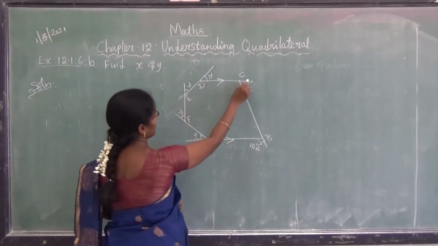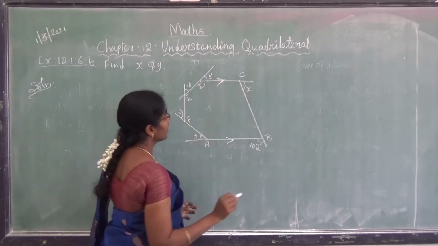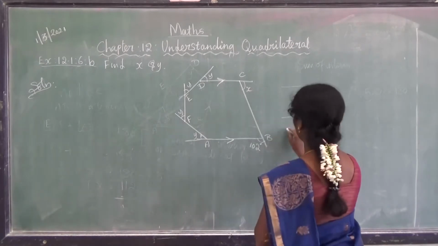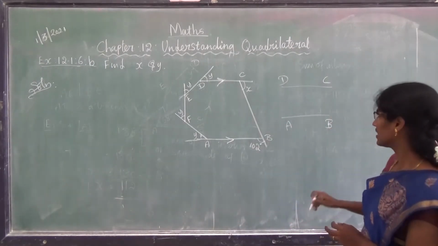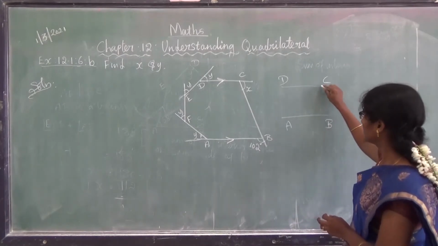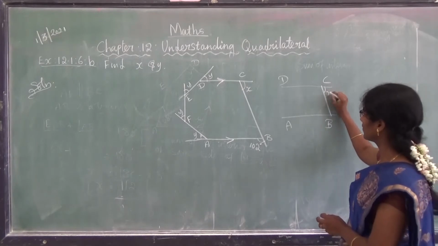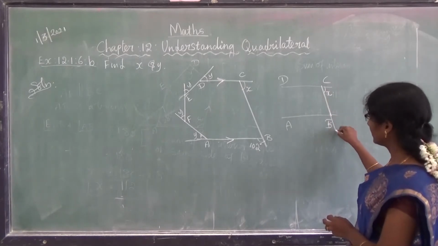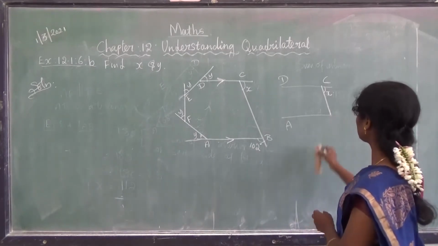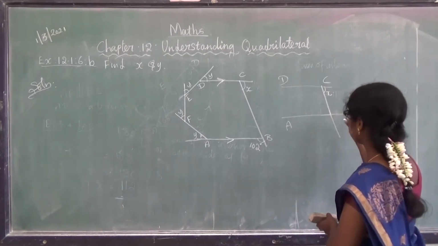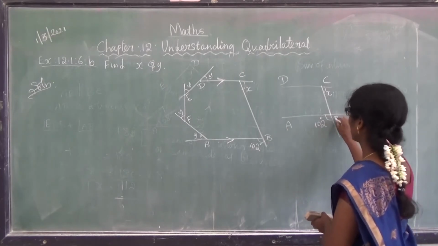Okay. Now see here the arrow mark is given, which means the line AB and line CD are parallel. So AB is parallel to the line CD. Which is the transversal here? CB is a transversal. Okay. Now in this CB, here it is given as x, and then here it is marked as 102 degrees in the diagram.